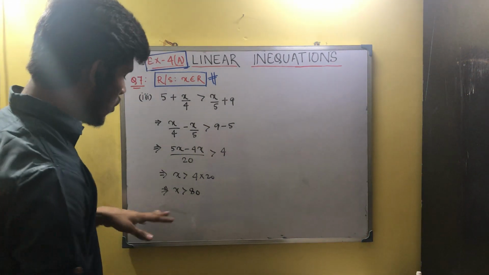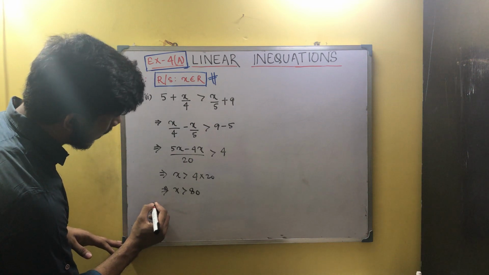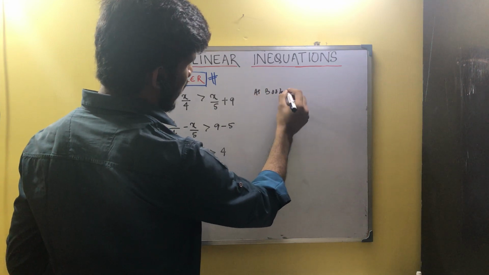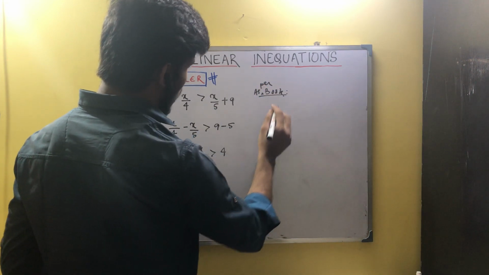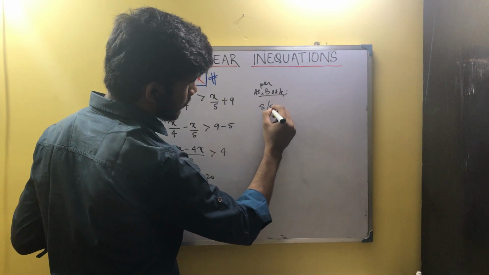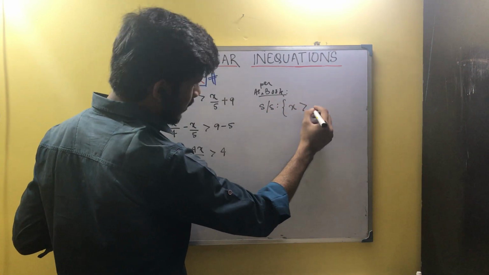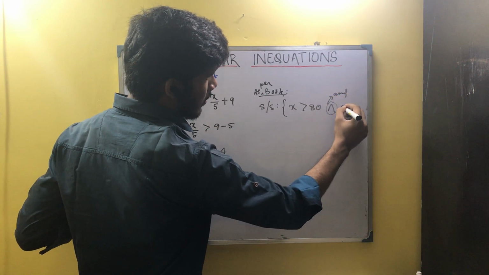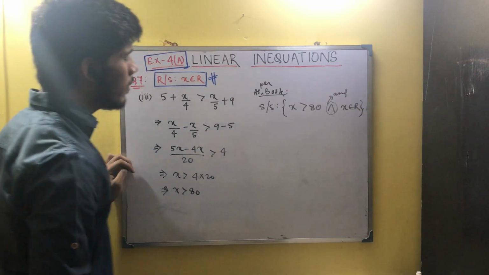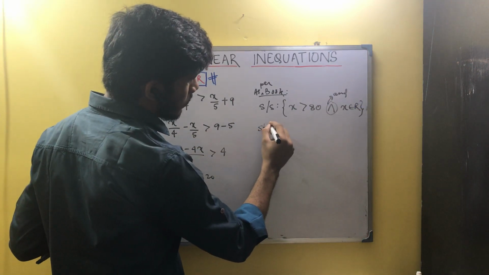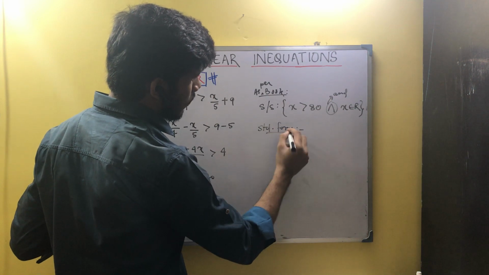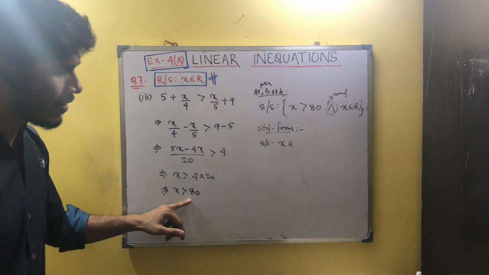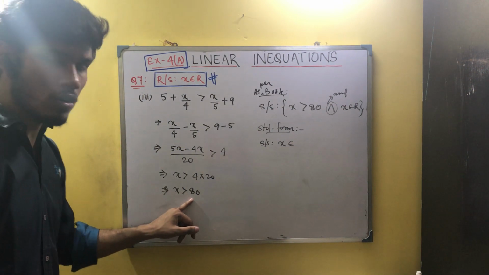So in the standard form, okay, first of all, in the book form the answer would be what? As per book, the solution set would be x greater than 80 and, or they may also write it this way, and x belongs to R. Okay, and in the standard form, if you write, then your solution set is what? x belongs to, now it is strictly greater than 80. Okay, so you cannot include the value 80.